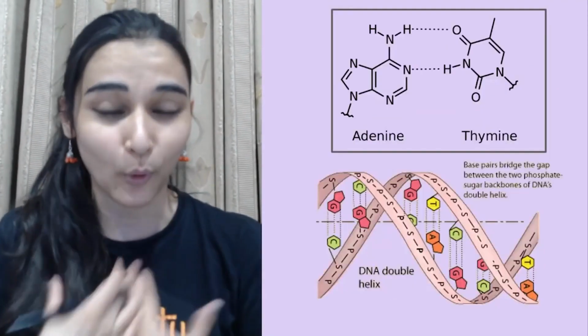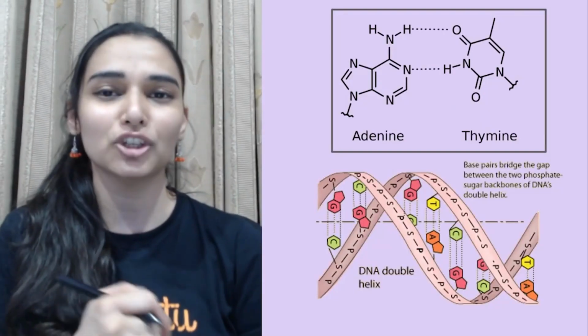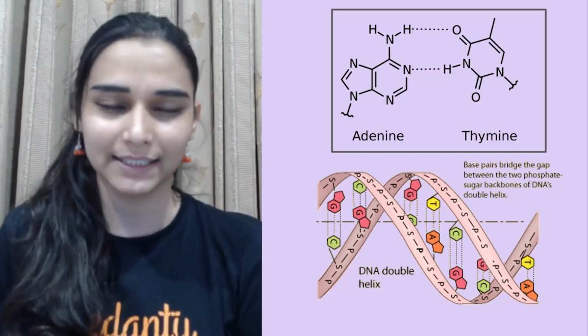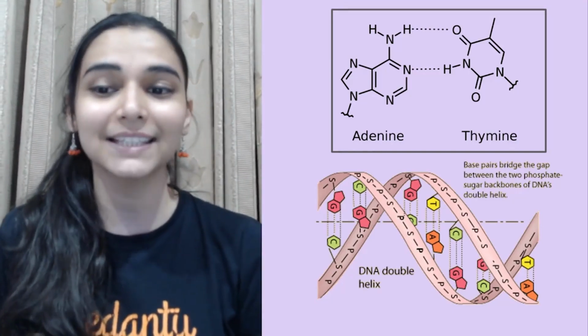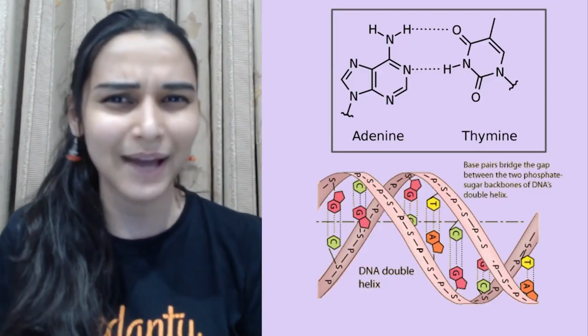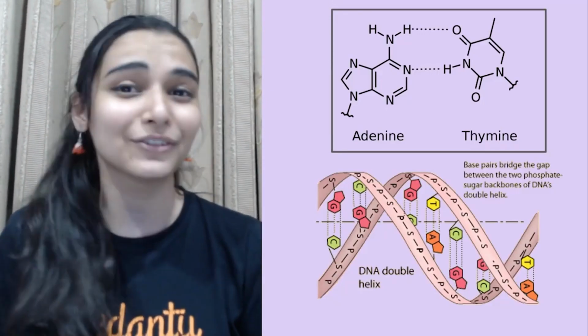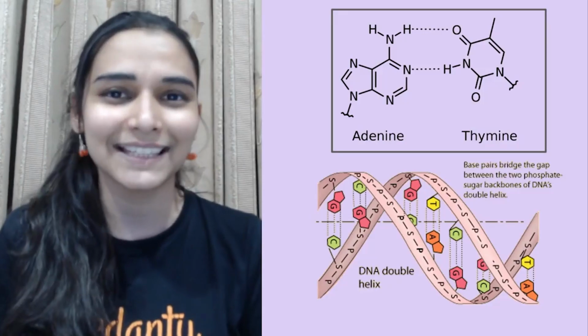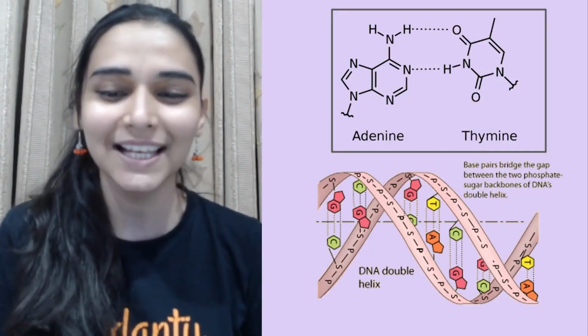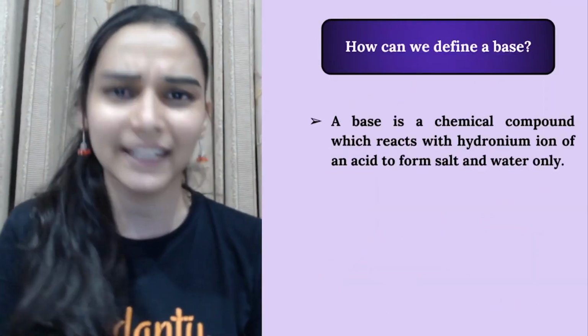If we talk about our body, information is stored in the DNA because we have the bases there: adenine, thymine, guanine. Maria ma'am can tell you better. I was not very great in biology, but somehow I passed it with good marks. Still, you know that bases are very important.